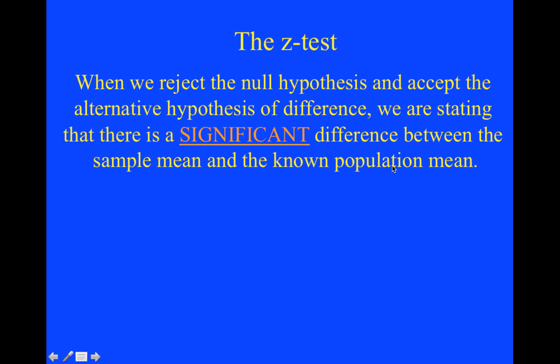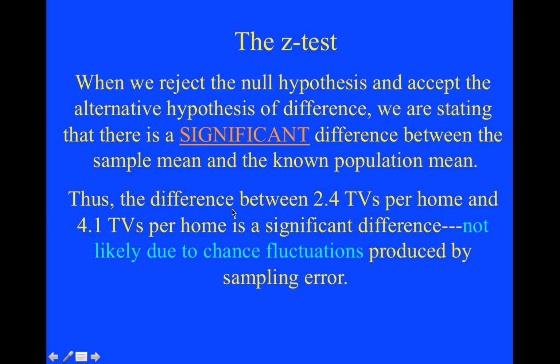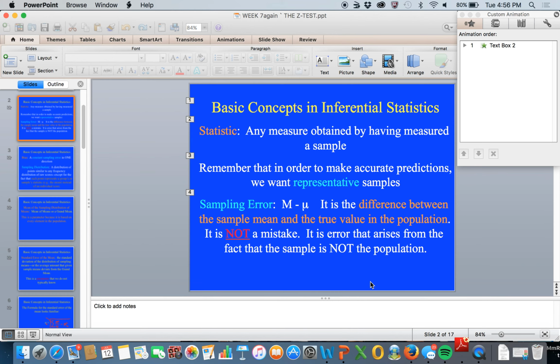So in this particular test, we're saying that the sample mean that we found in Lafayette is significantly different than the known population mean. Thus, the difference between 2.4 TVs per home and 4.1 TVs per home is a significant difference, not likely due to chance fluctuations produced simply by sampling error, but in fact, we're dealing in a completely different population. So that's basically the logic of the z-test, and there are some key notions here that you want to pay